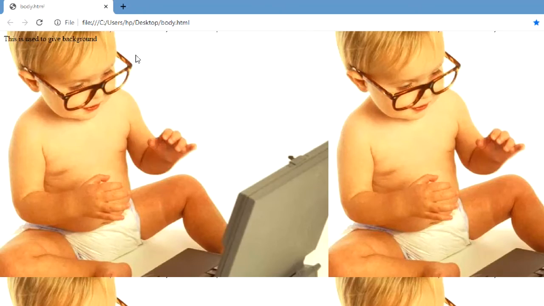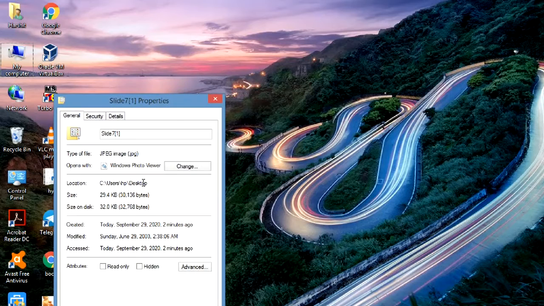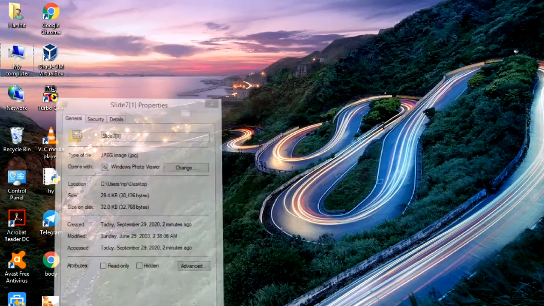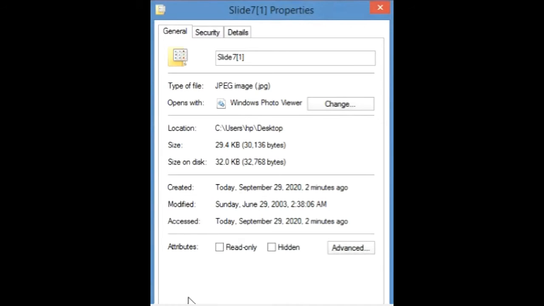The thing that we need to keep in mind is that, as you can see over here, I have given you an image and then I have right clicked upon it and I am getting the result as properties. Whenever you check the properties, you can see the name of the image and also the type of the image. The image type could be JPG, .png, .gif. So you need to give that specific type, and also you need to specify the location, if the image is not stored at that particular location as the HTML file. So this is the basic purpose of using a background image.